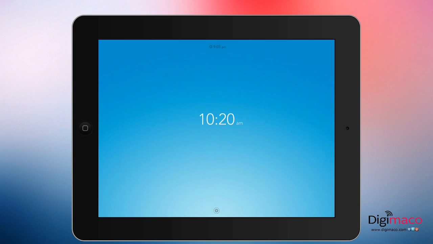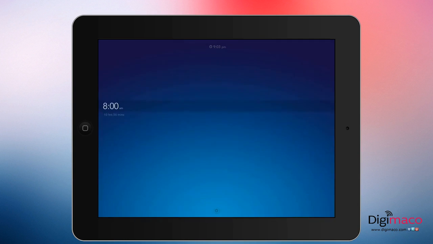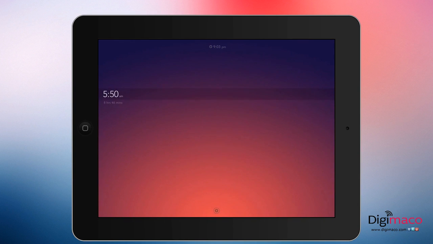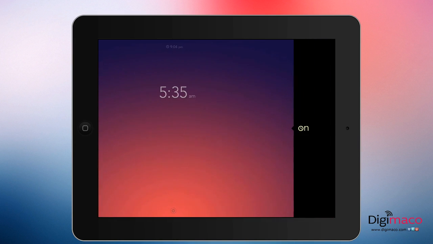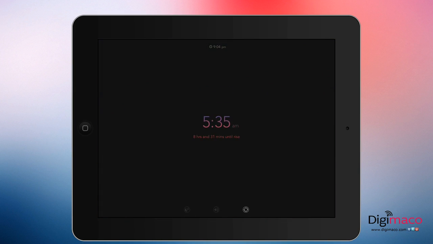So if I wanted to wake up at 10:20, okay, who gets up at 10:20? I have a job. I get up at between like 6ish, sometimes 5:30. Let's do 5:35. So before I go to bed, I swipe to the left and the alarm is set. It tells me how much time I have left until rise. 8 hours and 31 minutes. So I can swipe to the left again